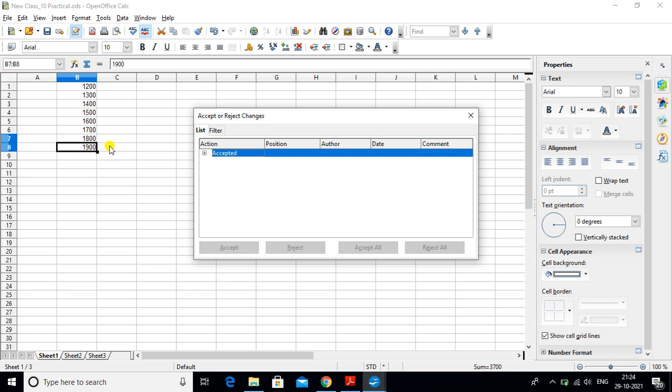So when multiple users send various edited versions, you can use this merge option and simply merge those changes into one single file. This is merging of documents, and it can ease our work. So go through this.